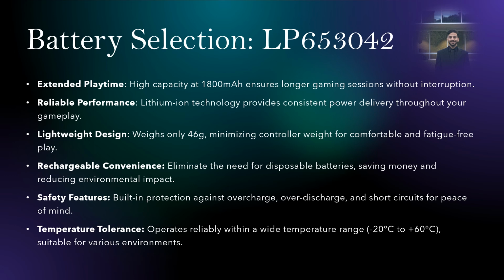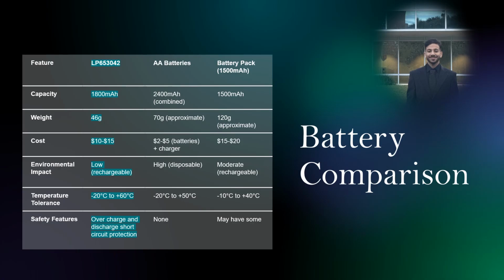The design needed to be lightweight to ensure comfort for the user. We also looked for rechargeable options because we didn't want to deal with any elimination or replacement of batteries. Also, per week's recommendation, we ensured that we have a safety IC on our battery to avoid the problems that we're going to have later on the PCB design. So we selected the lithium polymer